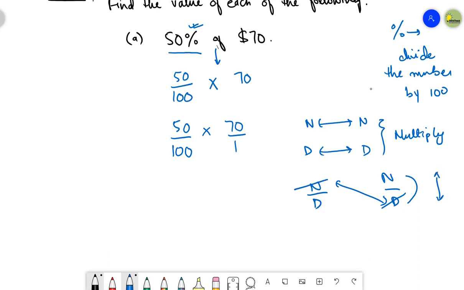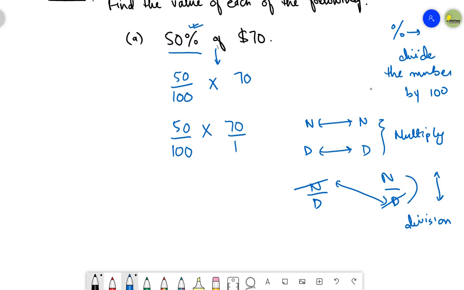I hope this is understandable. This is the rule when you are considering rational numbers that are multiplying together. Keep in mind that there must be a multiplication sign between the rational numbers in order to cross cancel. If you want cross cancellation, then there must be a multiplication sign between the rational numbers.